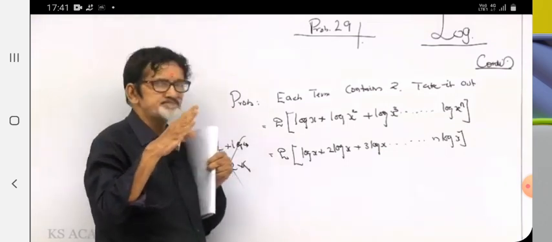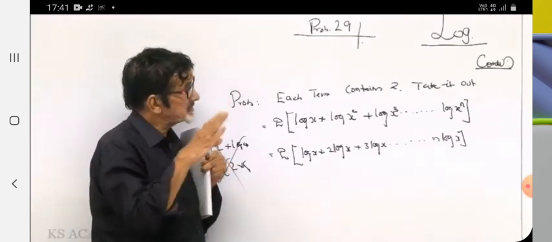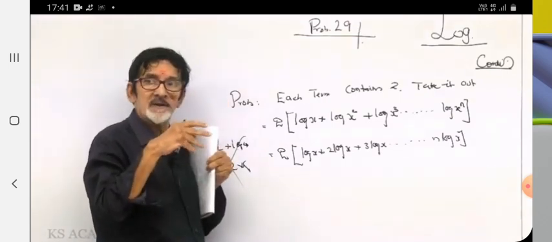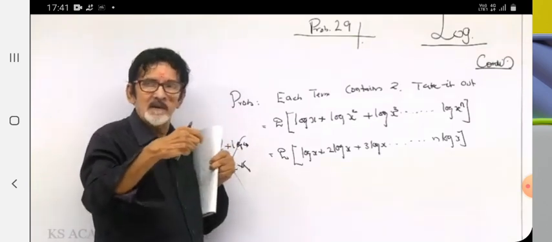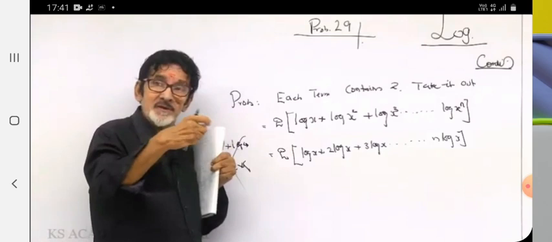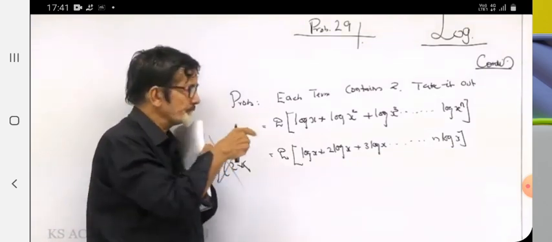First step, common number 2, you can take out. Afterwards, look at the inside. The whole power rule idea you have to get. The moment you look at the step, you will get it. All the idea you won't get at once, step by step you will get it. Once 2 is taken out, afterwards you get the idea of the whole power rule. First you are not getting it, second step you will get it.